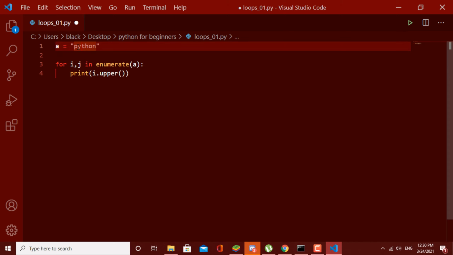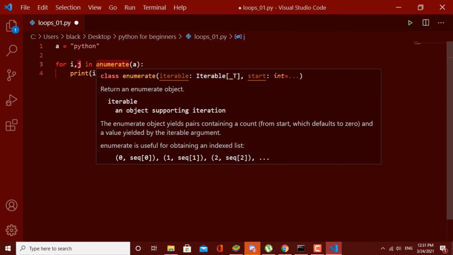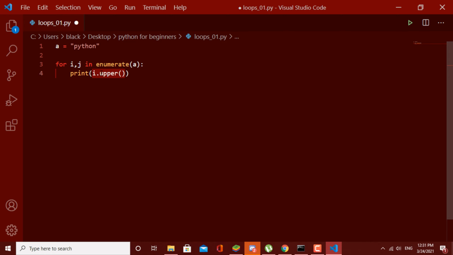For the first time, the value is P and its index is 0. Second time it is Y and 1, likewise. And this I variable is the index of the character, and then this J is the value of the corresponding character. Now let's print them out.